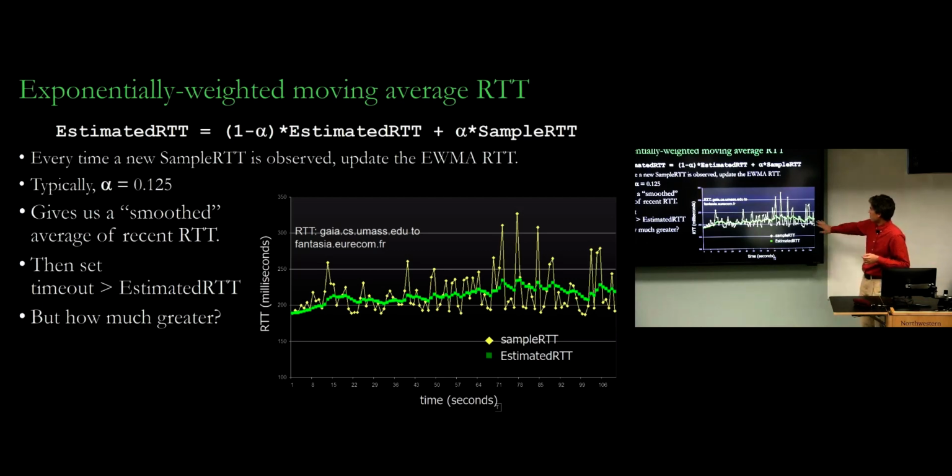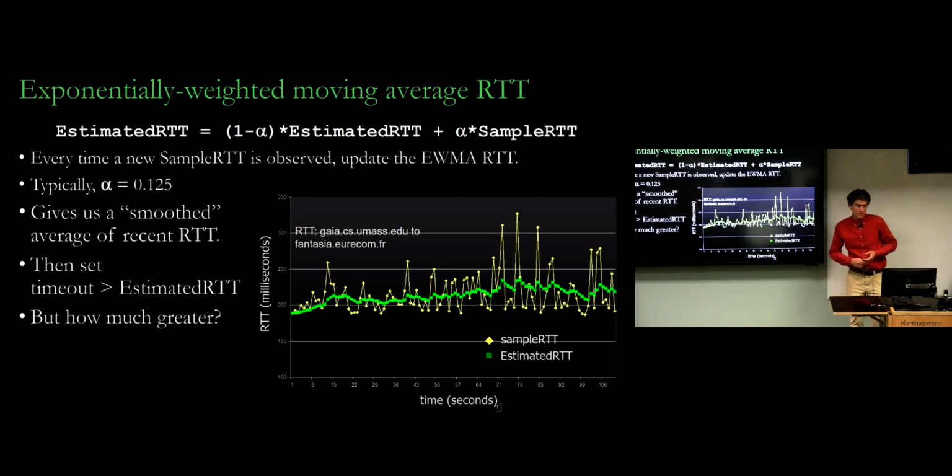The network doesn't behave constantly. Here's an example of some observations made by the authors of our book, where the yellow line indicates the round trip time for subsequent packets, right? And you see that it varies between 190 and up to 320 milliseconds. This is across the Atlantic Ocean. But it's always within this range, right?